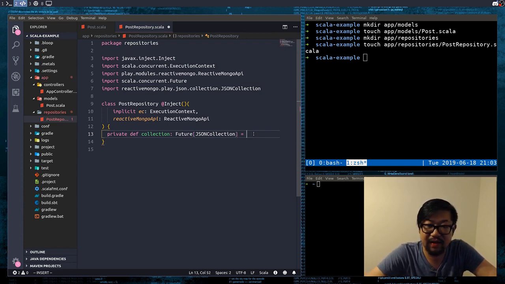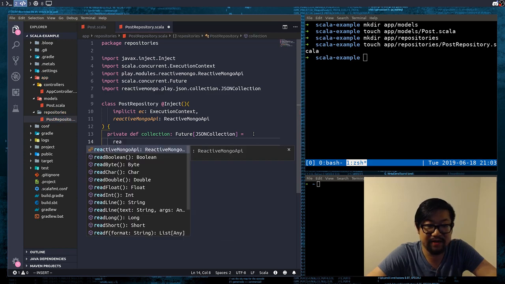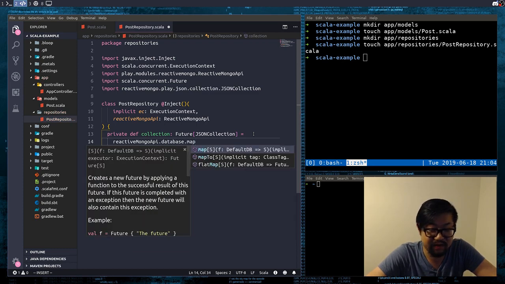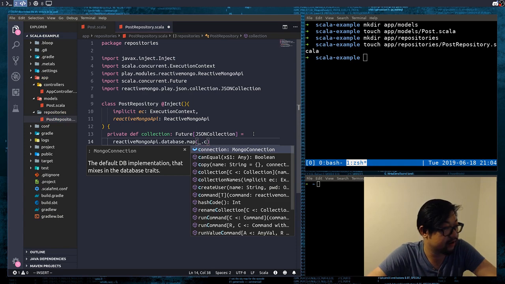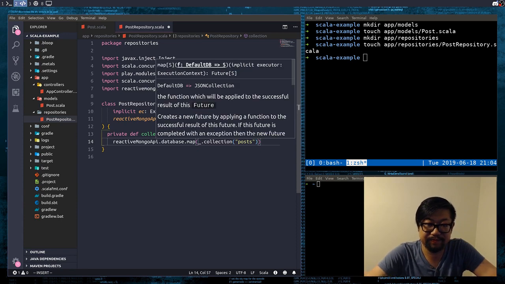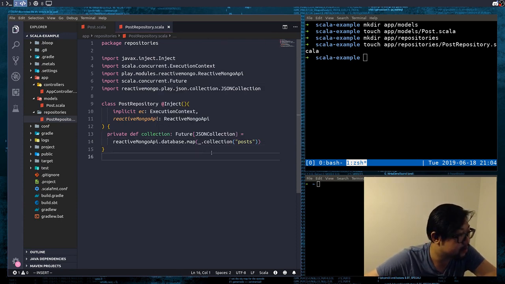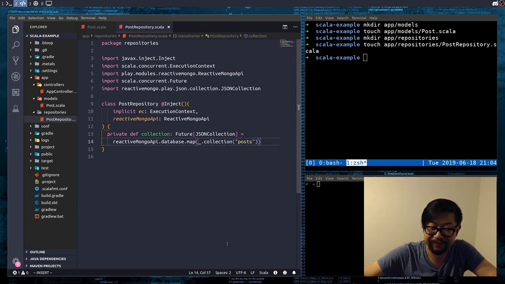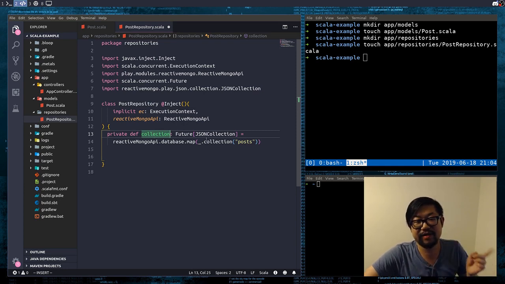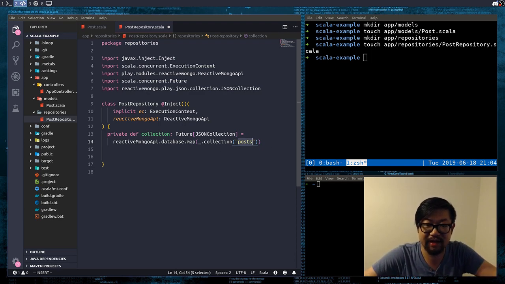Anyways, that's gonna be equal to the ReactiveMongoApi database, and we're just gonna map that to our collection, and we're gonna call it posts. All right, that looks right so far. So this is just connecting to our database for the entity of posts, and we're just gonna get a collection that we can reference for all of our database operations,